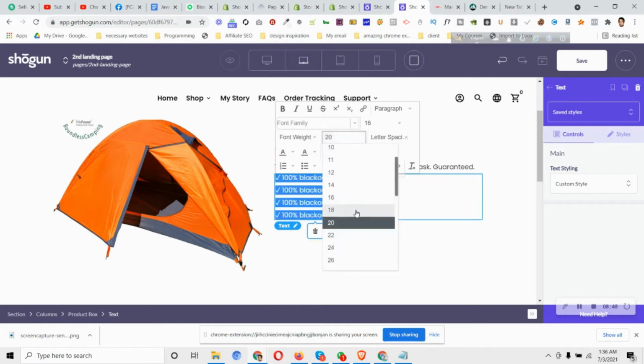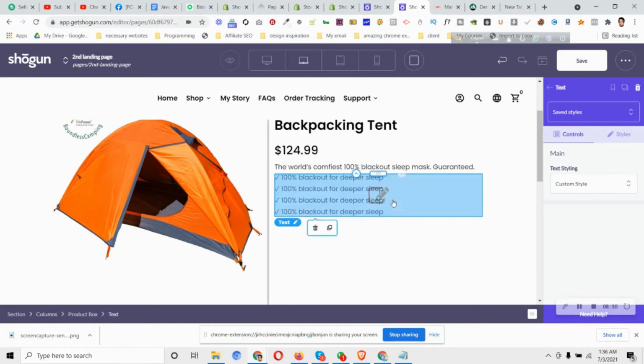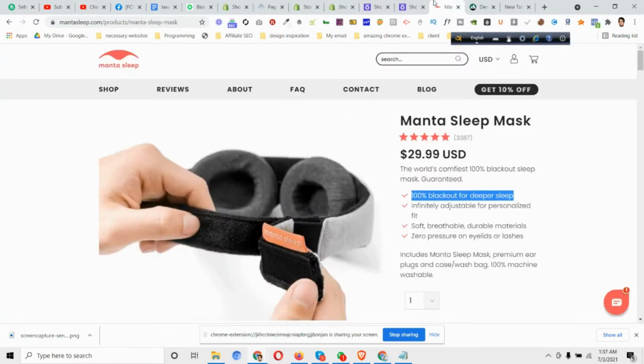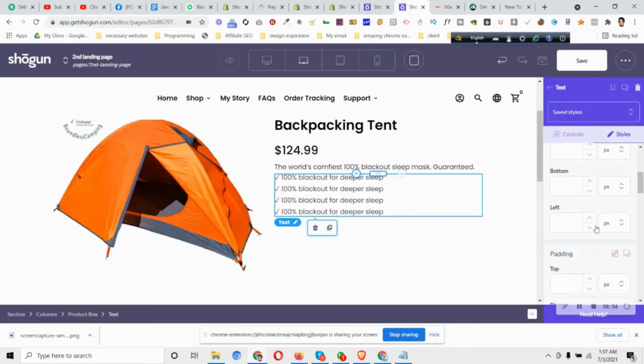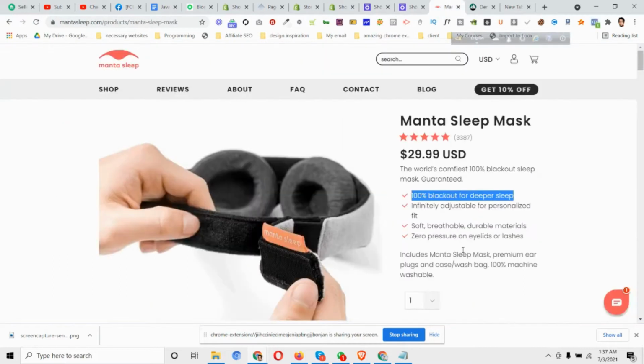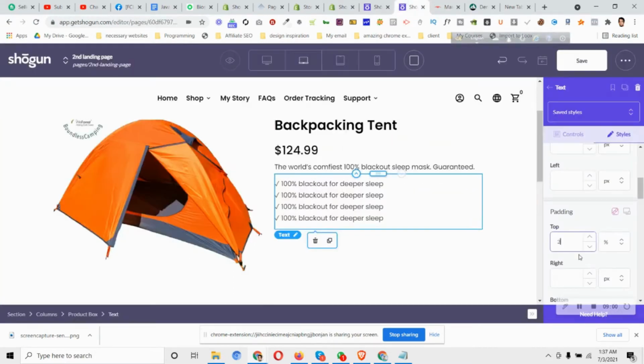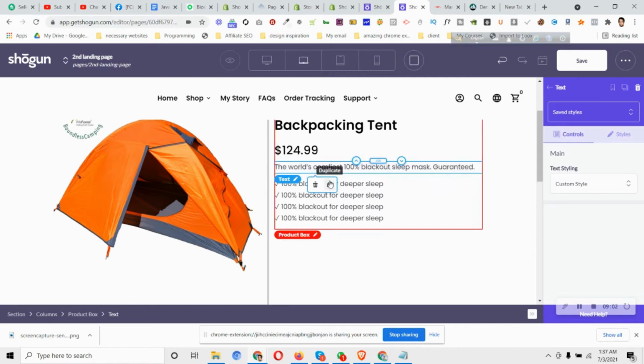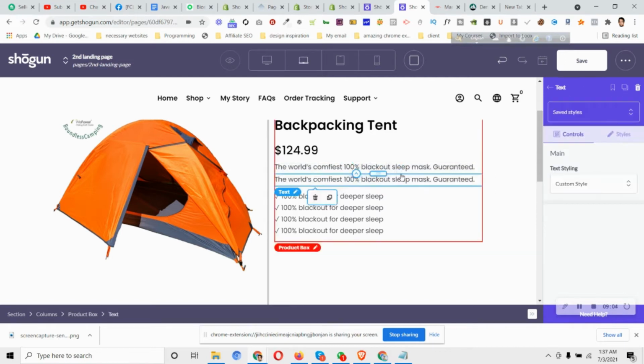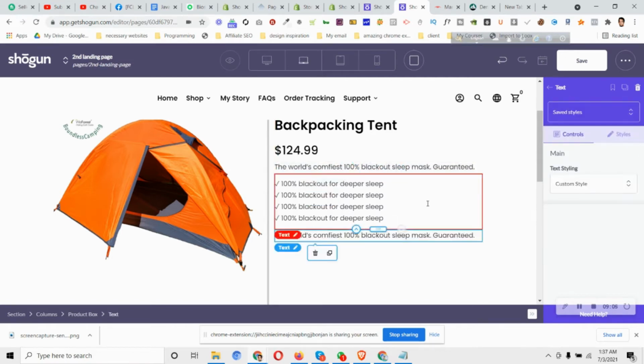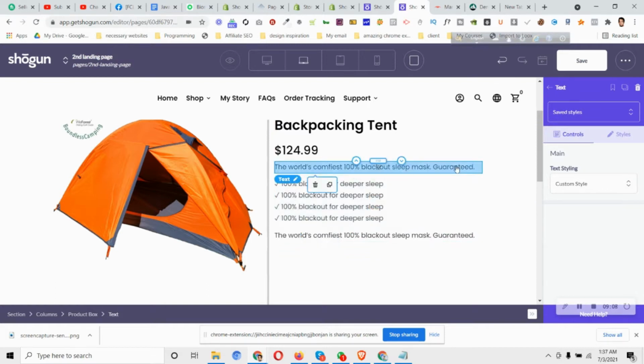So I think 18 is better, and I will give them some padding top and bottom as well. So there is a little padding as you can see, and again this will be copied as well. So I will just put this below this text, right? Okay, so then